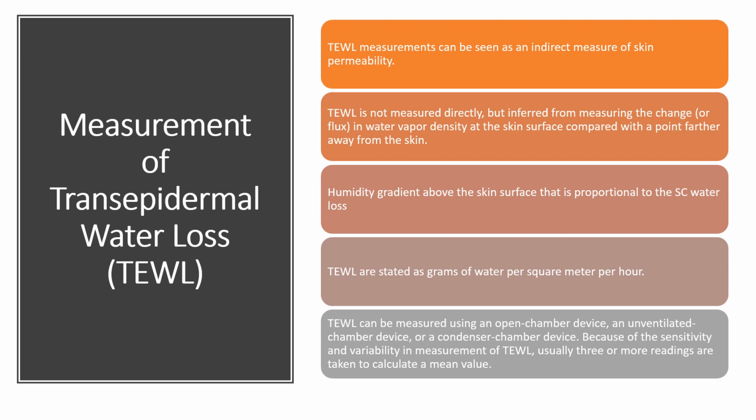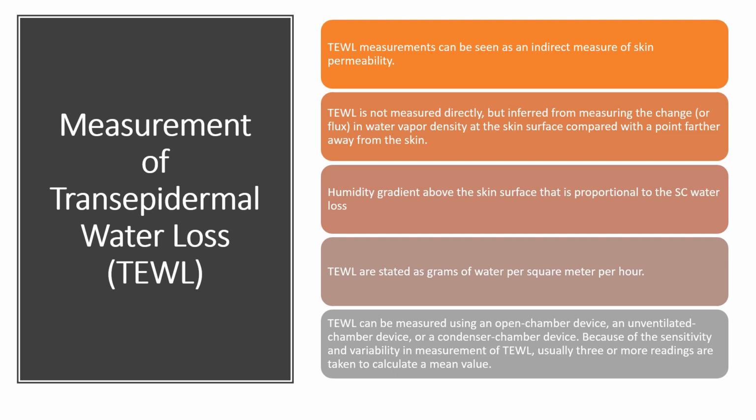So there are 3 types of devices which I have told you. First is the open chamber device. As the name indicates, it's open from both sides. Then the unventilated chamber, closed from one side, and the condenser chamber, whereby the water vapor gradient is condensed at the same time. So it is the advanced version of the unventilated type. When you are assessing at any particular moment, you need to take at least 3 readings